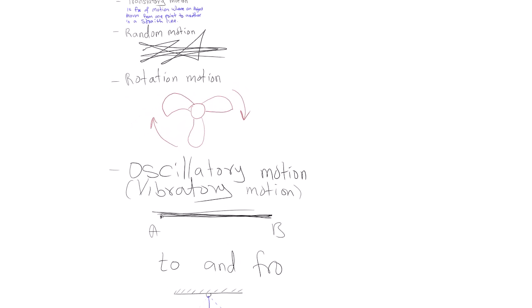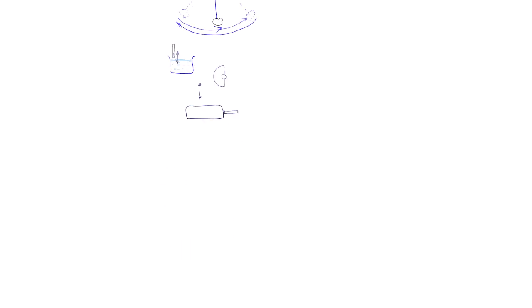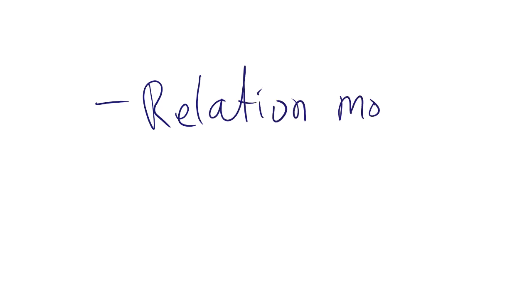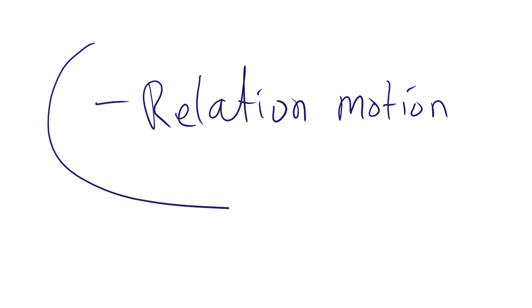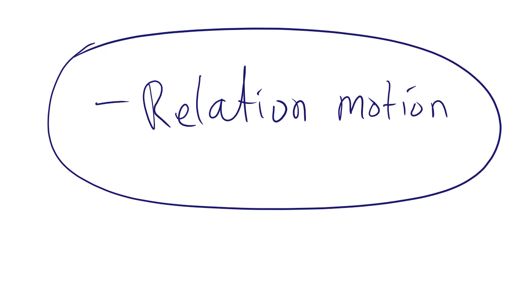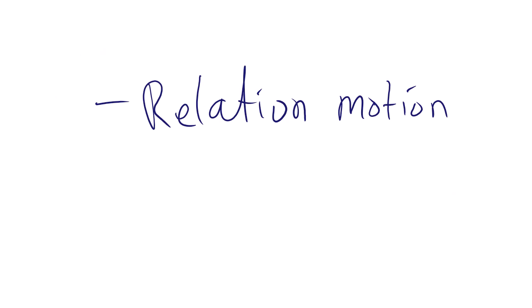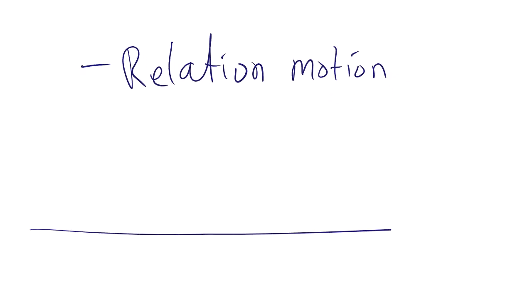We have 5 forms of motion, and the last one is relative motion. Relative motion is just normal translational motion, but now you are comparing 2 different things. That's why sometimes they do not consider this a standalone type of motion. For you to understand this, it's just like you are on the road and there are